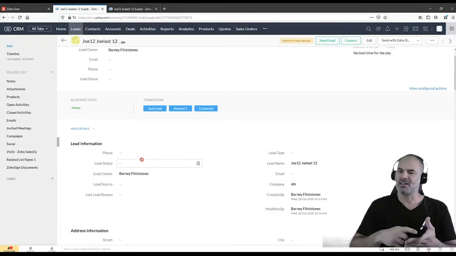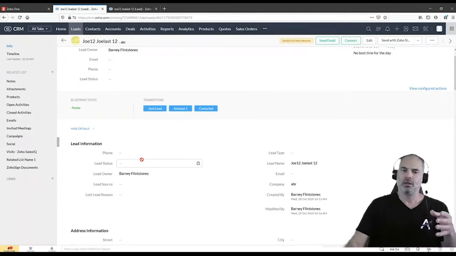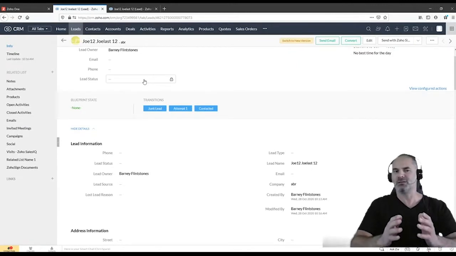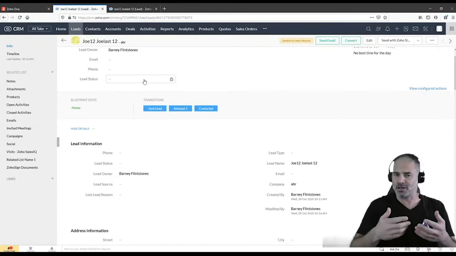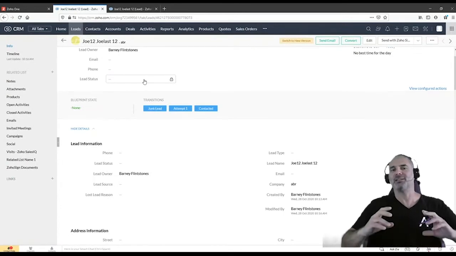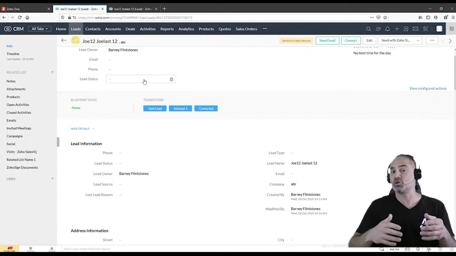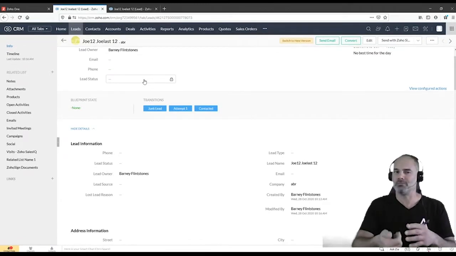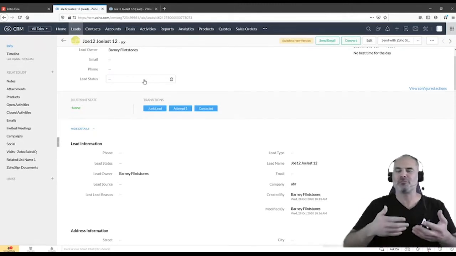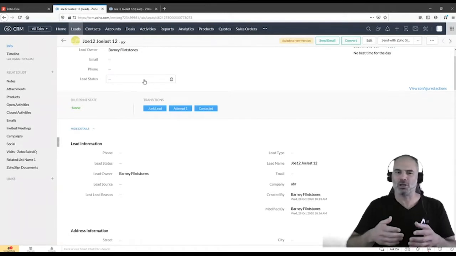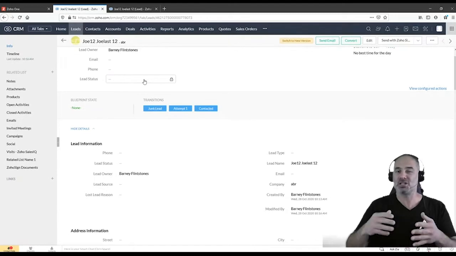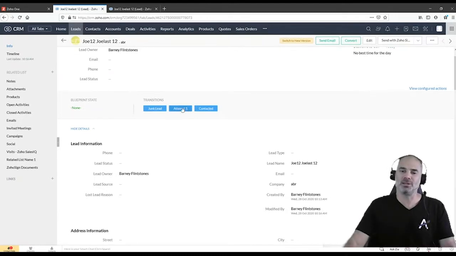Perfect. The second thing that I would like to suggest: lots of people will have in the lead section lots of details that they are collecting from clients. And I'm not sure if this is the right way. I think that the lead is supposed to be a place where you just babysit the person all the way to a meeting or some meaningful conversation, and then you know if there is an opportunity or not. I don't think that you need to collect too much information here. For me, it's just about, let's say, the attempts.